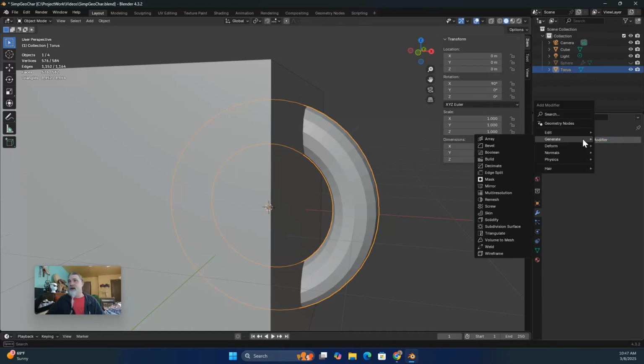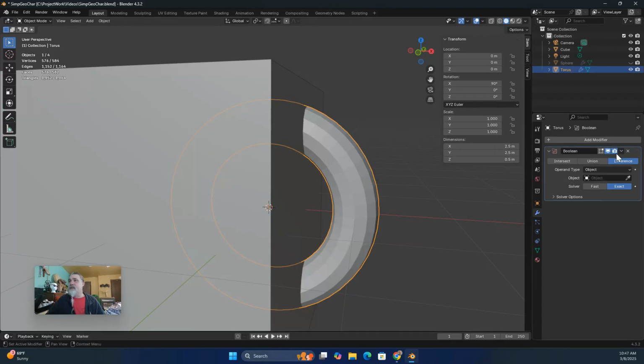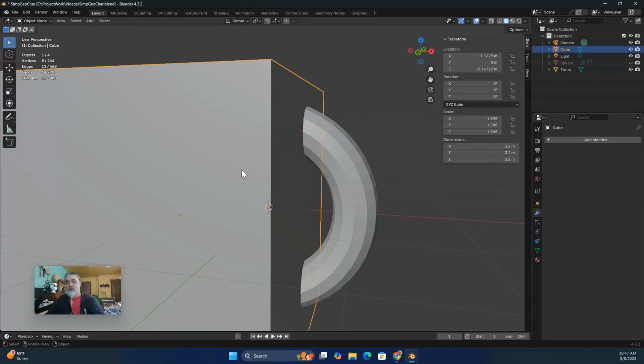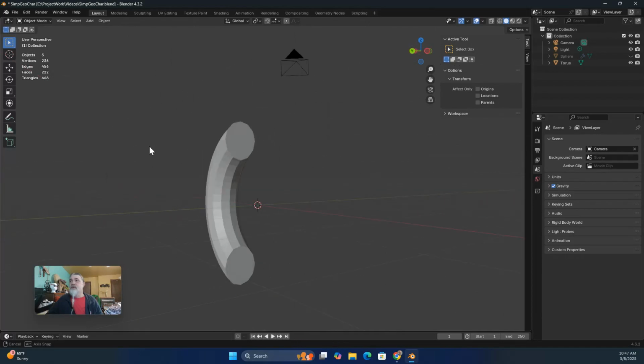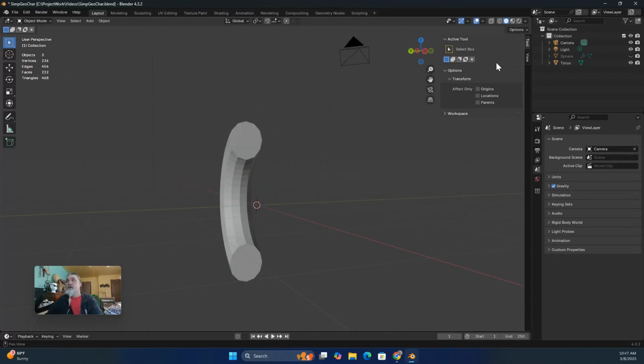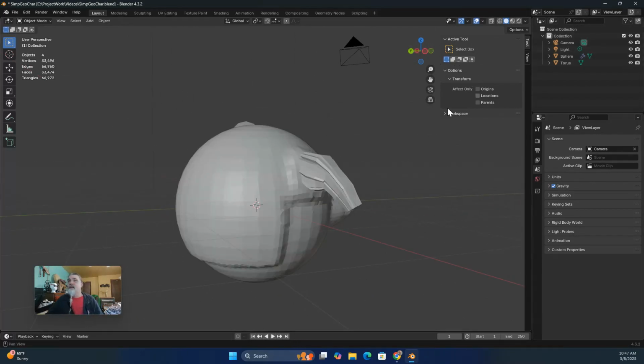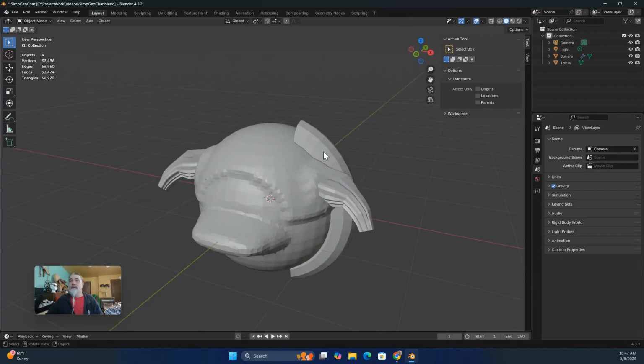So I'm going to add a modifier. I will generate a Boolean. And this time I'm going to leave it on difference, and I will leave the difference defined as the cube. And then I will go ahead and I will apply. Now with that cube, I can just go ahead and delete it, and we'll see that this is what we have left. Well, now what I think I want to do is bring my head back,